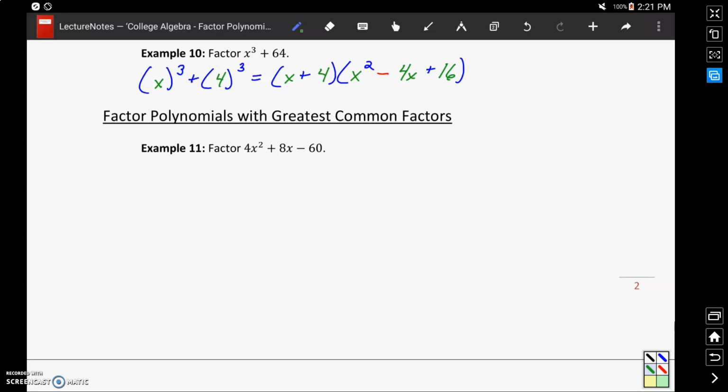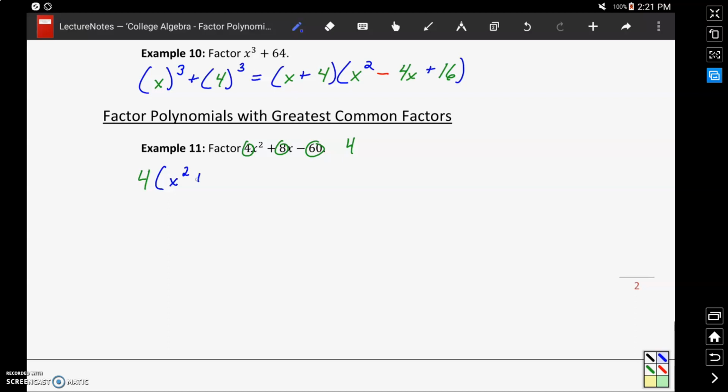In the next few examples, we want to revisit some of those factoring techniques we've already been looking at, but add one additional step where we begin by factoring out a greatest common factor. This is always a great first step to consider before beginning the factoring process: first see, is there a number that divides evenly into each term? In this case, 4 divides evenly into all 3 terms, so we could rewrite this as 4 times the quantity